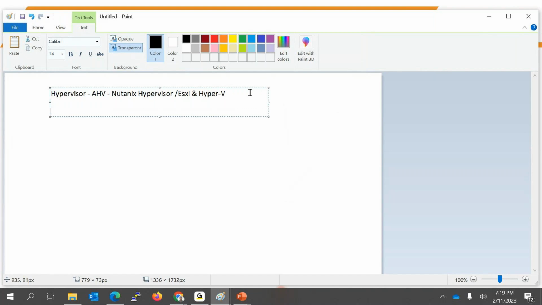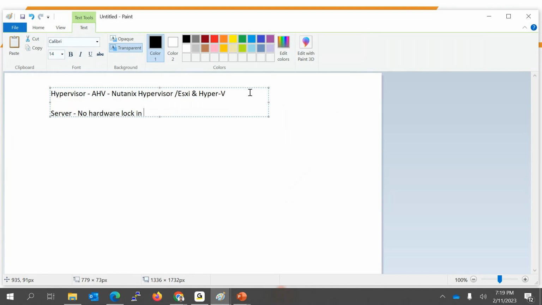Storage, server side: no hardware lock-in. We are not locking you into specific hardware. We are not forcing you to buy specific hardware. We have a large ecosystem, a large amount of supported hardware in the market. You can pick as you wish. These two points make you compare Nutanix with other vendors.